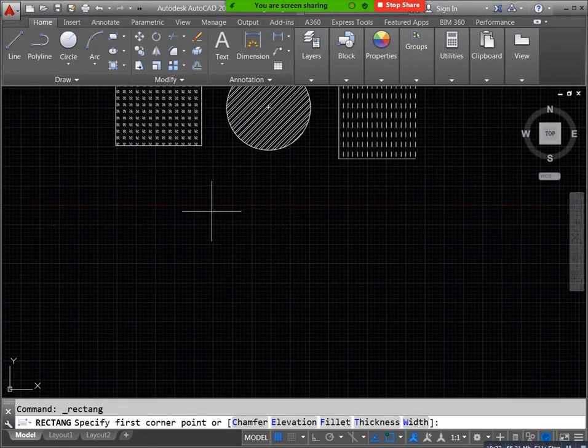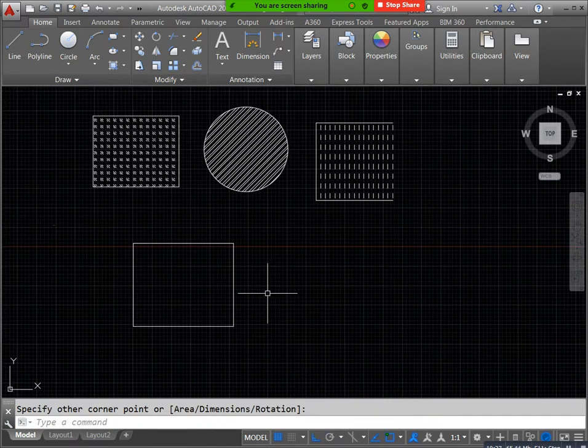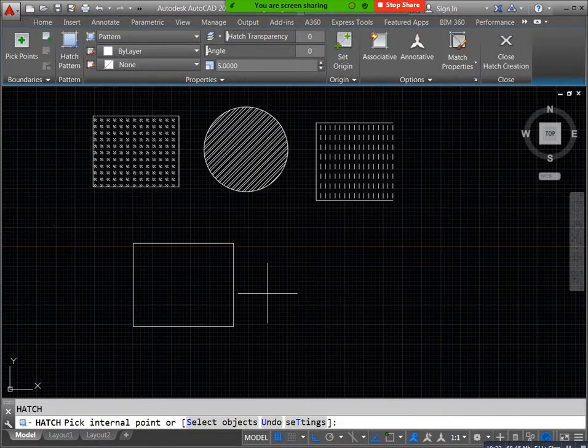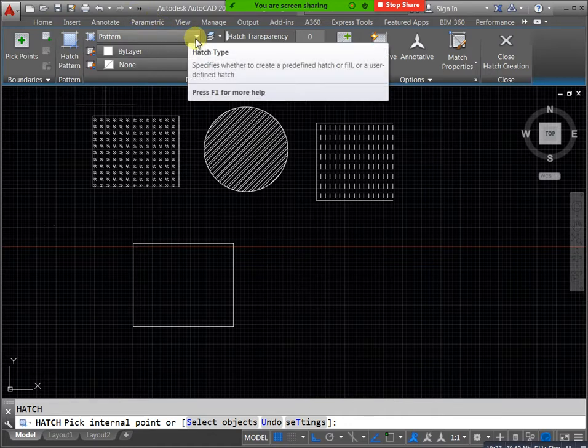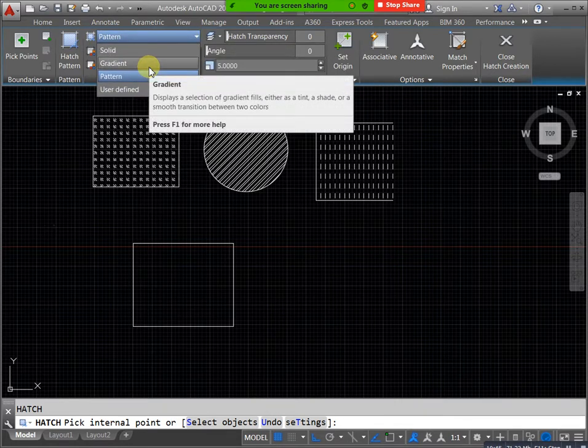Okay, just go to pattern. Here we have a drop down button at pattern. Just select this one. Here we have solid, pattern and gradient. If you need gradient, you can select this one and apply both colors. If you need only a single color, you can apply a single color. I need blue color, so you can mention blue.